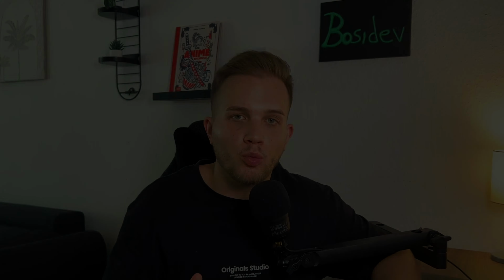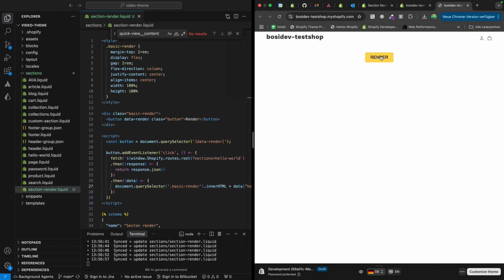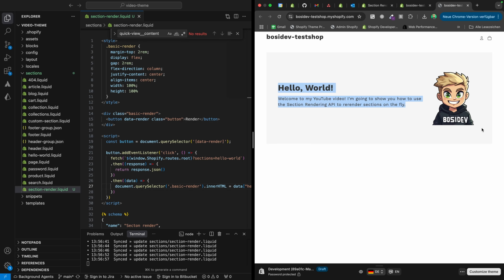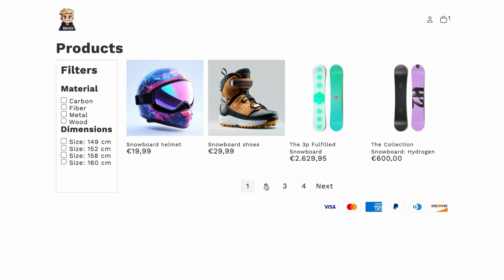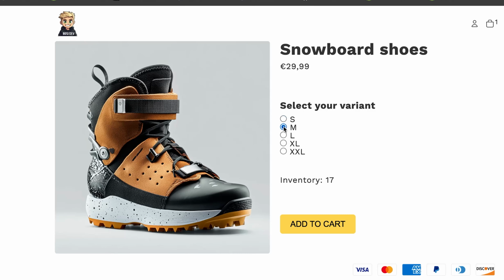First, I'm explaining to you what the Section Rendering API is, how we use it, and why we need it. Then we jump into a super basic example where I can show you hands-on how the Section Rendering API works. After this, we jump into the most common real-life examples: re-rendering collection products after pagination and filtering, and lastly, I'm going to show you how you can re-render variant information on the product page after a variant